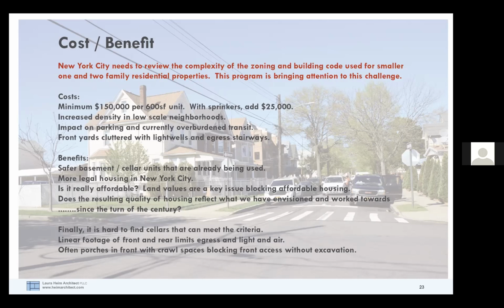We have another one. Let's say a row house cellar is at grade facing the street, but has a 5-foot tall doorway facing the rear yard. Of course, a 5-foot door is not code, but is this space a cellar in the front or basement in the rear? Ah, wait, try that one again. It's in the chat if you want to read it yourself, but it's okay. I'll read it. Has a 5-foot tall doorway. Okay, but is this basically